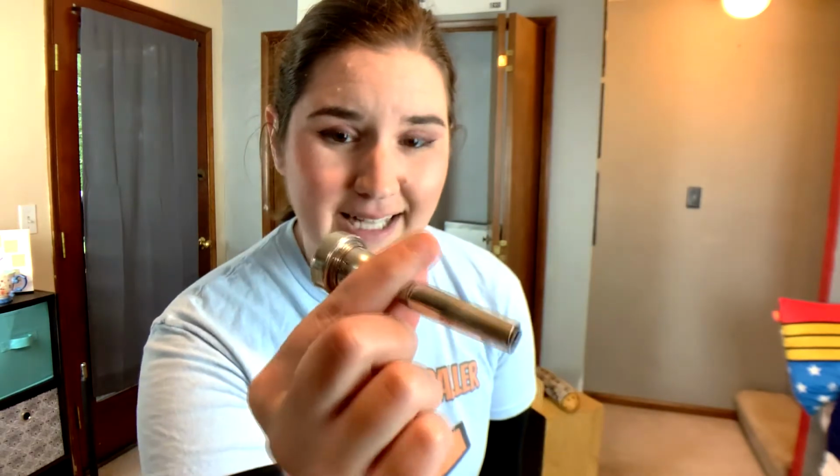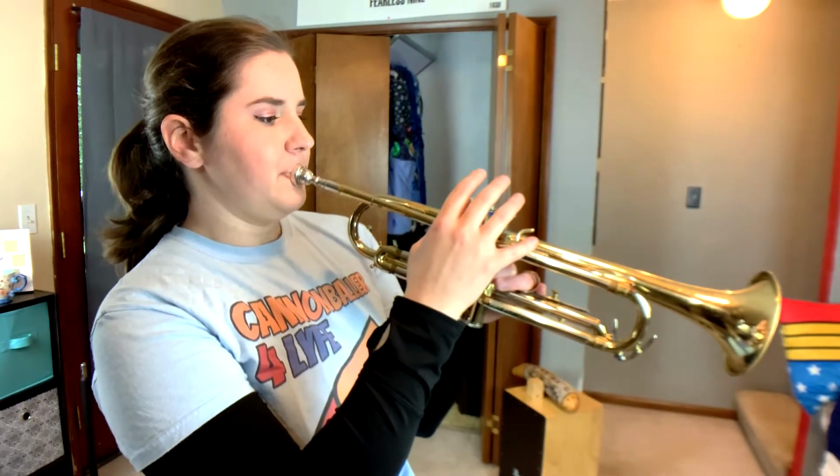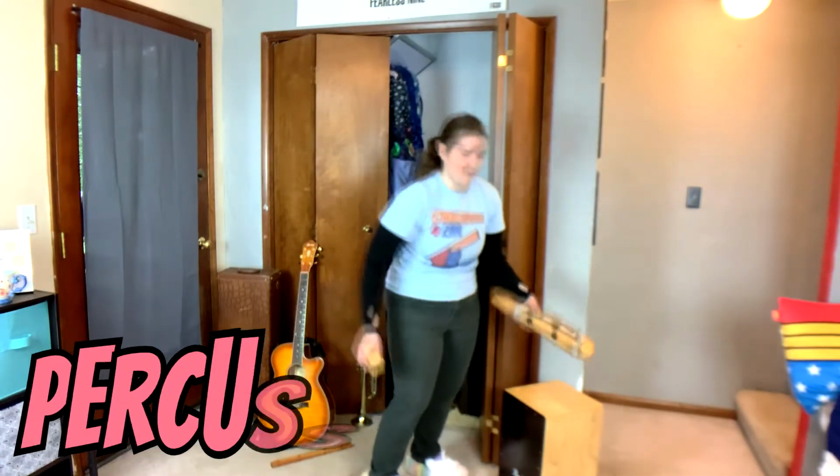It's also known as buzzing in the classical music world, and it goes a little bit like this. It's been a while, sorry. And then you put this little brass mouthpiece on that little buzzy hole and buzz. And then this part of the trumpet just amplifies that sound and gives you a little bit of control over what note comes out of the end of the horn. There you have it, the trumpet. Okay, what's next? So we're going to move over here for a second and find a few of our percussion